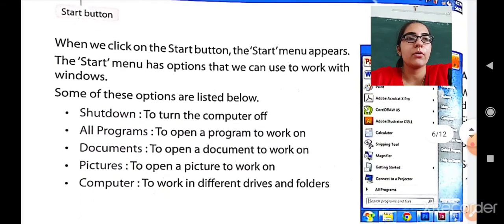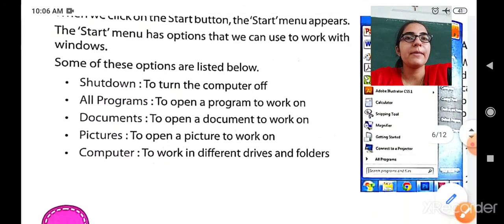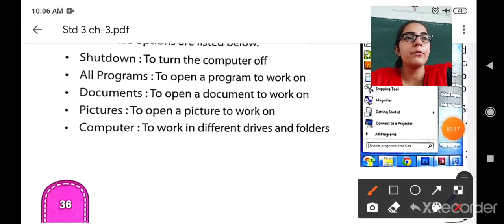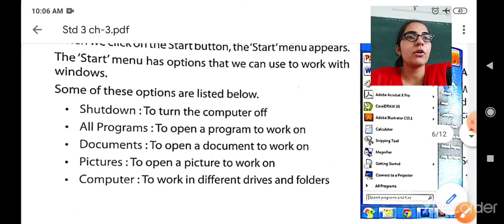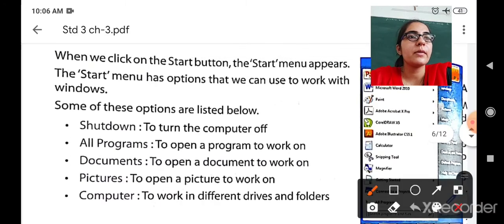First is shutdown. If you want to shut down your PC, your computer, then this is the very first option, that is called shutdown. Then all programs, which will give you the list of the programs like Word, PowerPoint, Excel. Then documents are there. Can you see the documents? Using the documents also you can work.